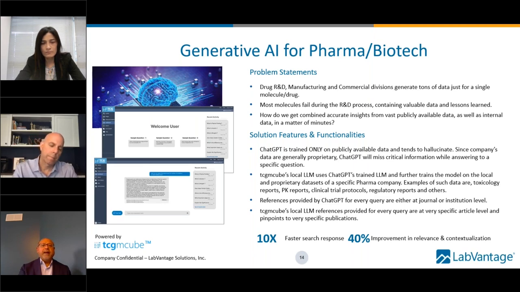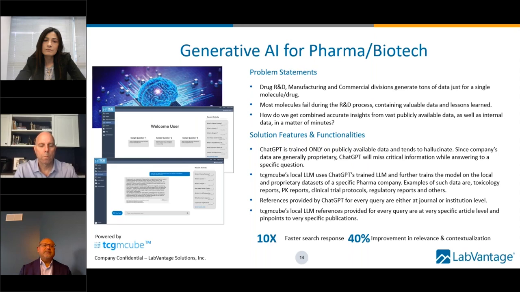This has been an issue in the industry because so much time is spent to churn through this information, not only our own, but also what is available through public domains, competitor information, or any other information that's out there. How do you combine them and get answers to your questions now, as opposed to spending months and months going through these documents and doing the research?